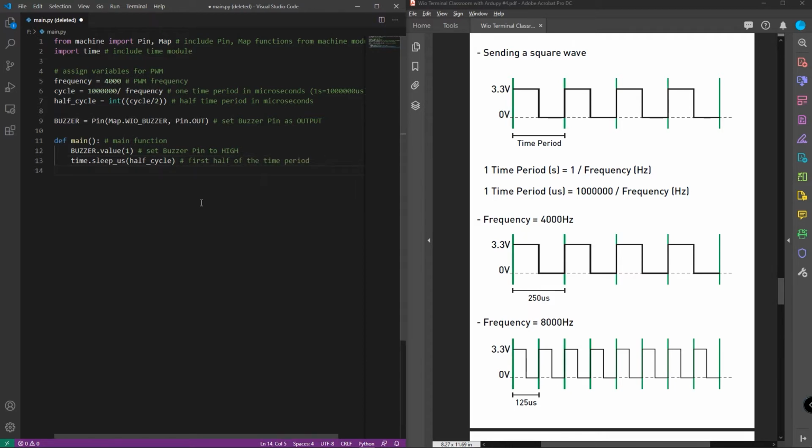So this adds a microsecond delay, and the delay is specified by the number from the half cycle. And the time.sleep command only accepts integers. But previously, when we did calculations with half cycle, we get a float number. So that's the reason we converted the half cycle into an integer. After that, let's set this buzzer pin to low for the second half of the time period.